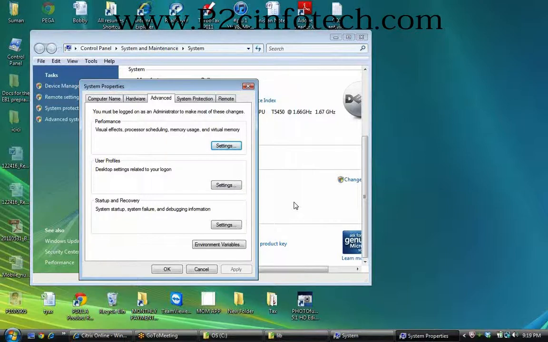After going in, you will be able to see environment variables, correct? Click on environment variables, down.